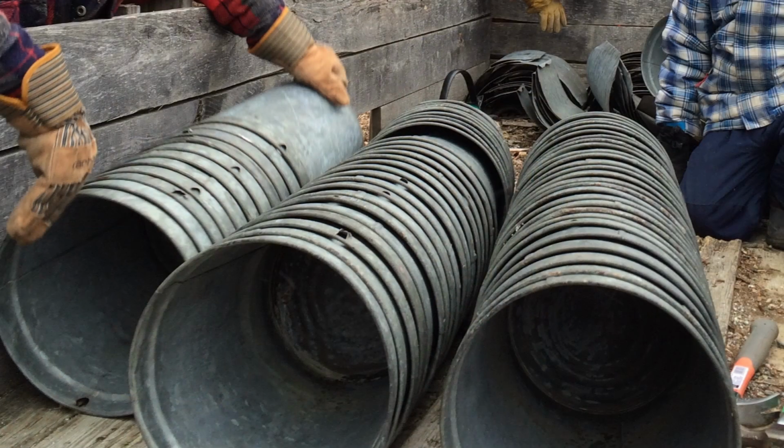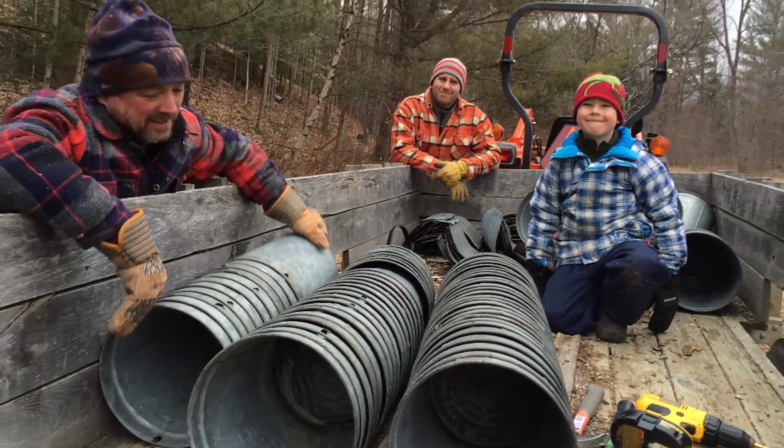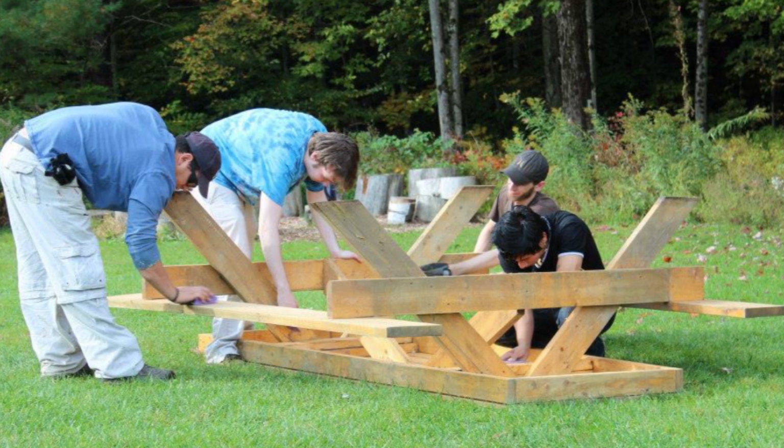Now, is there a way for people to get involved with the center if they want to? Absolutely. In fact, we rely on volunteers to work with us year-round to make sure that the operations here run smoothly. Depending on the season, volunteering could be anything from helping us tap our sugar bush during late winter, to helping gather the sap a little later as spring comes on, to volunteering at one of our special events, like the Sugar on Snow parties. Folks who are interested in gardening often come out and help maintain our wildlife gardens during the summertime. And then we have work parties in the spring and in the fall that we invite the community